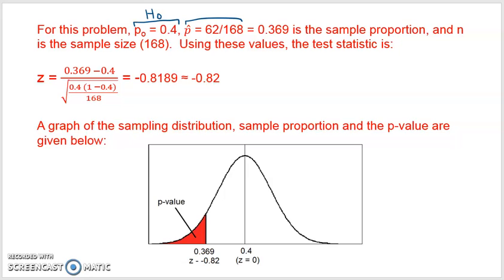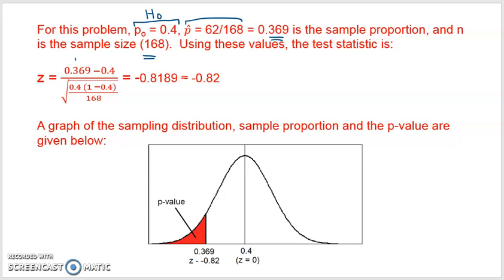62 of those were healthy indicators. So that's 0.369. That's our sample proportion. The sample size n is 168. Using these values, plugging these into the test statistic, we get, and this is where I would encourage you to follow along with your calculator,